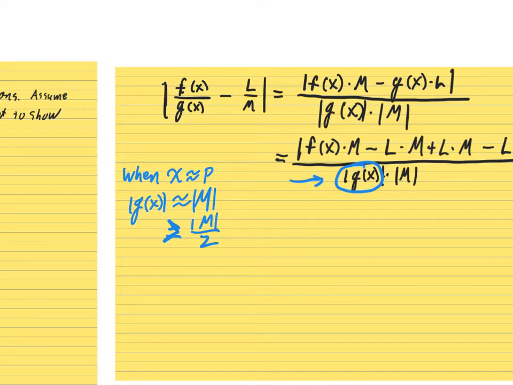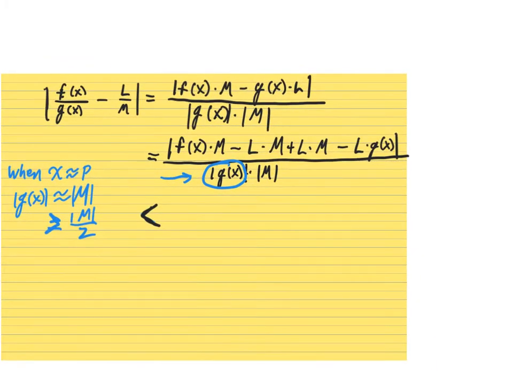So this will now be less than, by a combination of what's written in blue to the side and the triangle inequality, let's look at this piece first. There's a thing that is allegedly small, so let's simplify that out. Absolute value of f of x minus L times m, and I'm using the triangle inequality. Oh, that's absolute m. I don't know if m is positive or negative. Plus